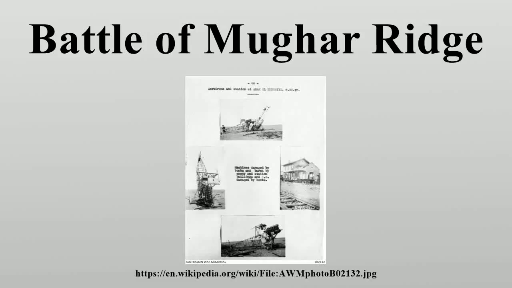The Battle of Mughar Ridge, officially known by the British as the Action of El Mughar, took place on 13 November 1917 during the pursuit phase of the Southern Palestine Offensive of the Sinai and Palestine Campaign in the First World War. Fighting between the advancing Egyptian Expeditionary Force and the retreating Yildirim Army Group occurred after the Battle of Beersheba and the Third Battle of Gaza.